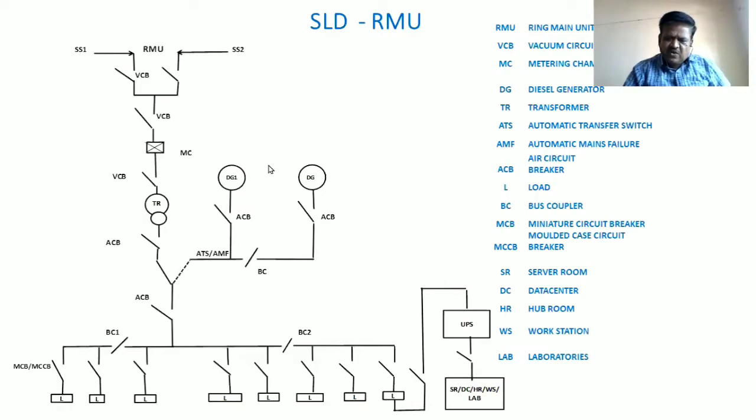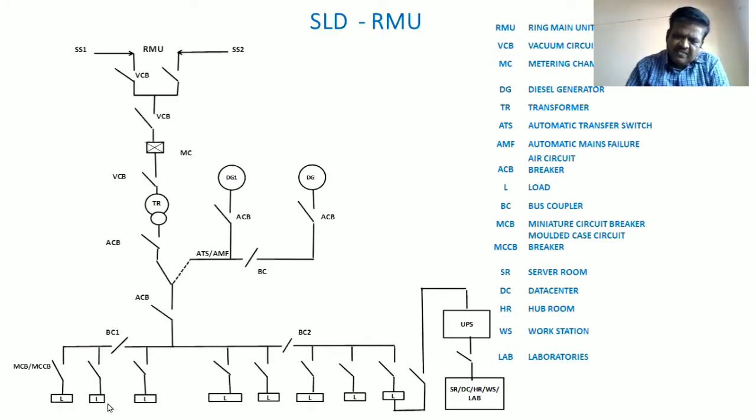Now, when all these switches are closed and EB is supplying, you are using EB power, your entire building installation, everything is connected on this substation. All of a sudden, this EB fails here. When EB power fails, you see that the entire thing will be disconnected. Then automatically this ATS or AMF, auto transfer switch, auto mains failure, will sense this and automatically disconnect and close towards this side, and it gives a signal to the generators to start. This is how the generators are started when there is a power interruption.